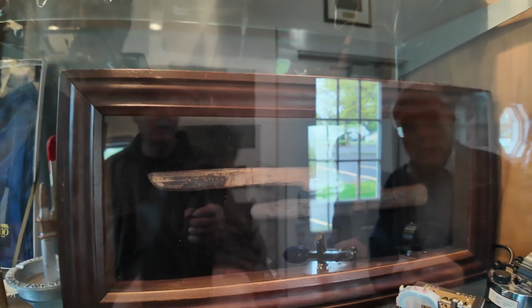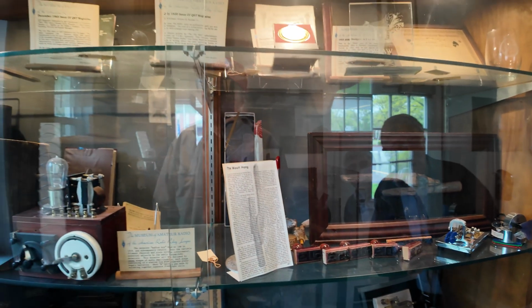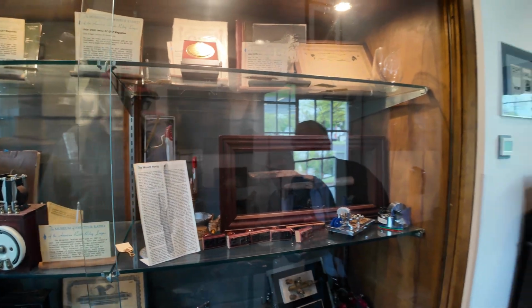That's the original one. The original Wolf Hong. Well, you're going to have to tell me what that is, or I'll have to read it. And there's the definition right there. The Wolf Hong is a symbol that was created by Hiram Percy Maxim, the founding president of the